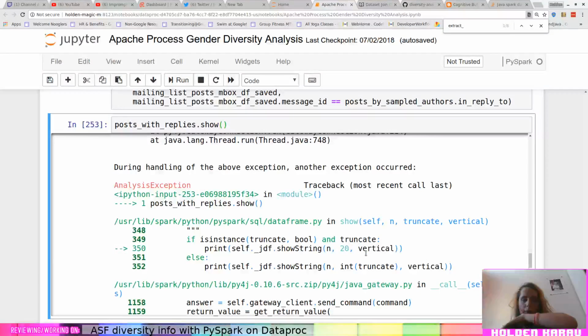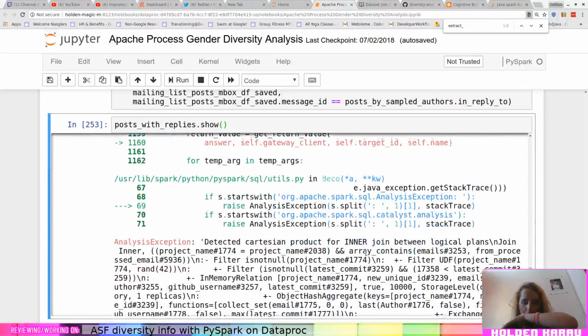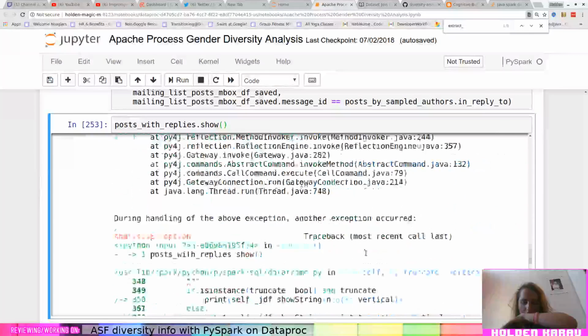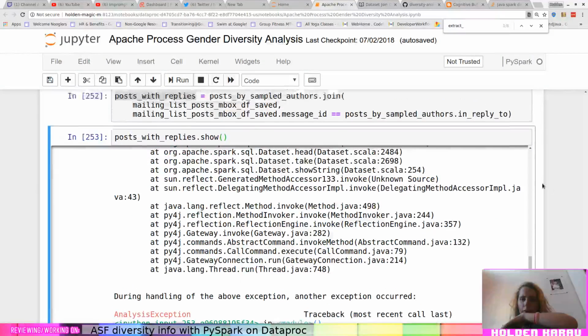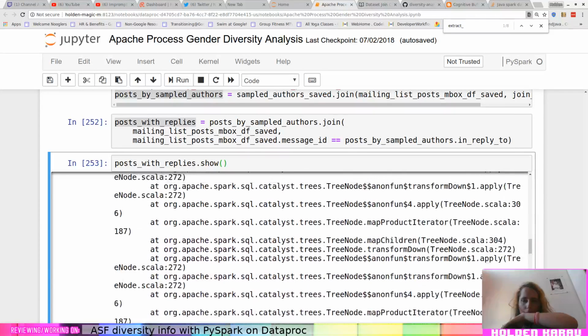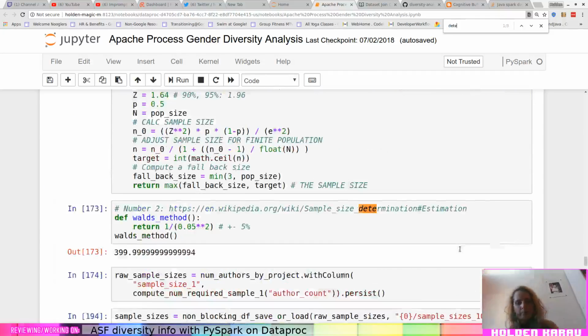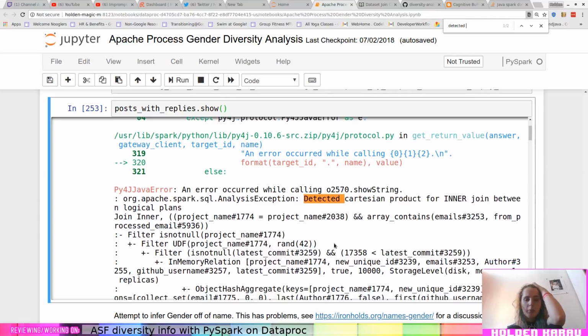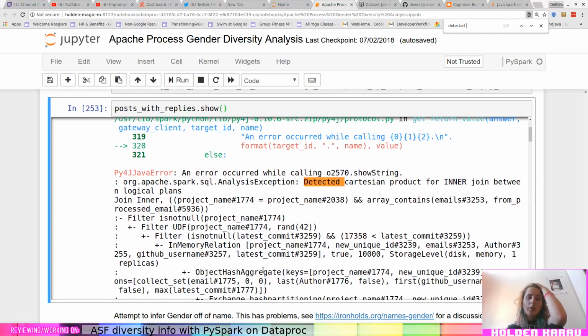Well, is it quite the Cartesian product? It's not, though. Detected Cartesian product for inner join. Project name, filter is not null. Project name, filter UDF, project name.